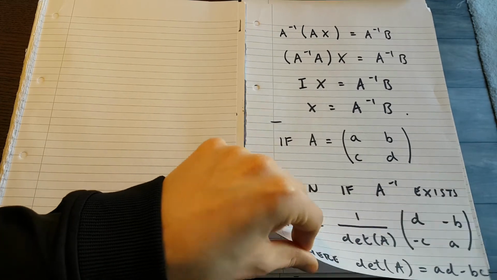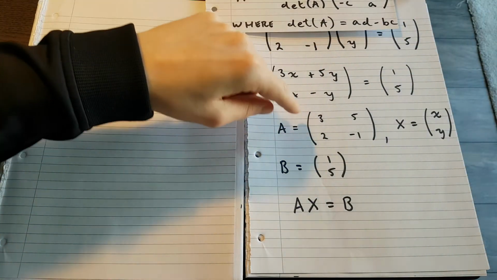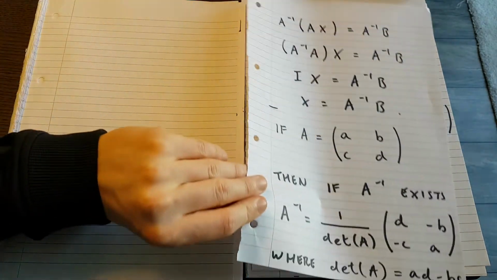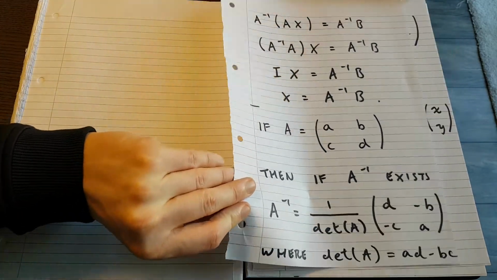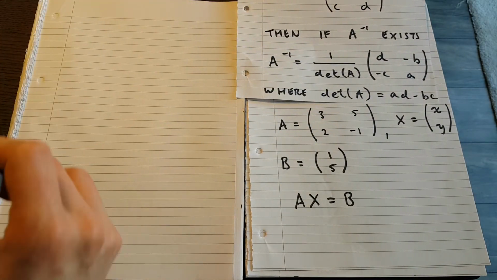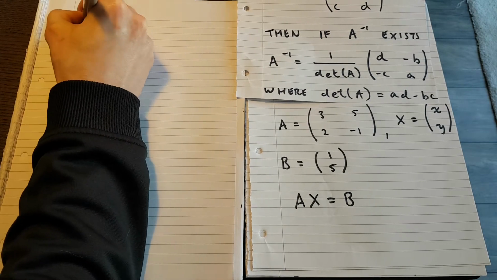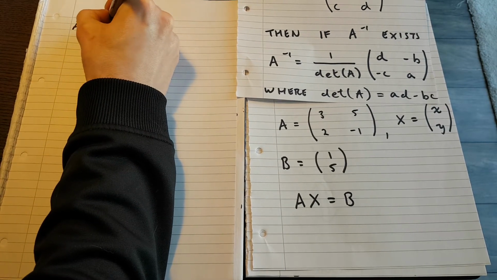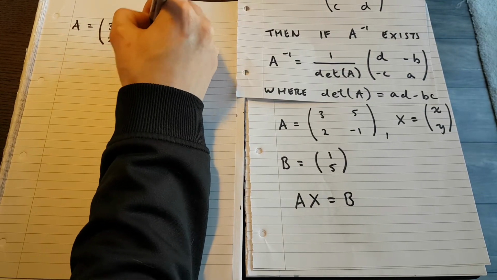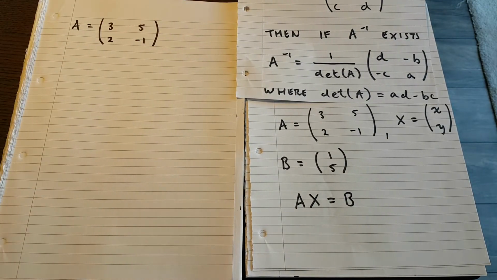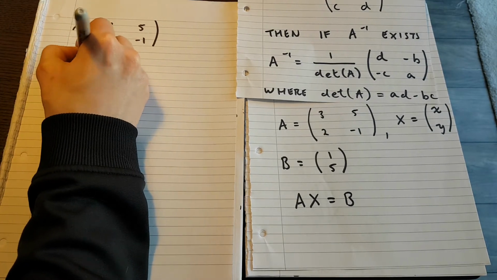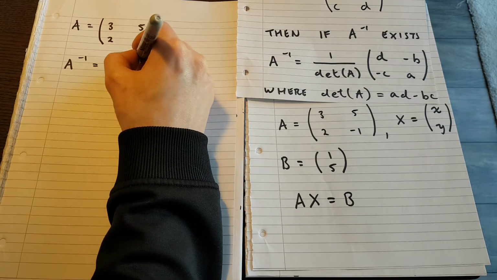Okay, let's look at my original matrix here again. My matrix was 3, 2, 5, minus 1. So if I use that pattern, which I'm just going to leave up there, A was equal to 3, 2, 5, minus 1, reading the columns. Well then A inverse, provided it exists, is going to be what? I have 1 over,